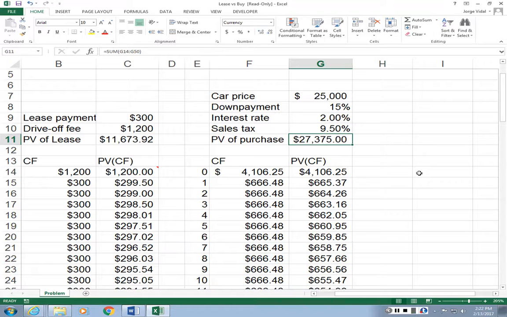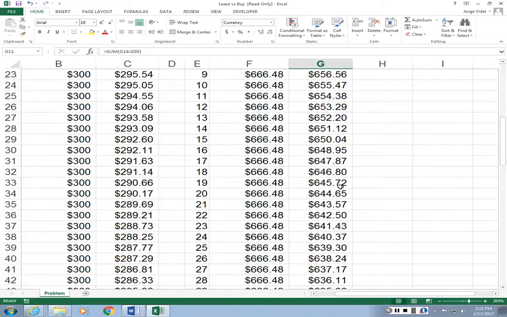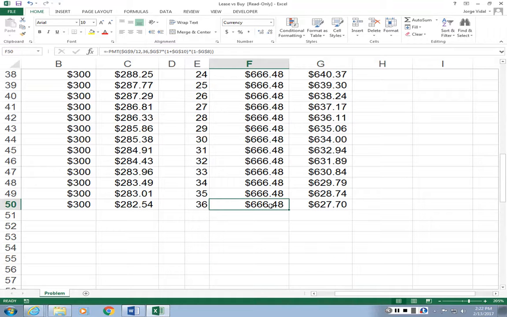Least, right? What do you think I'm missing in the purchase option? There's a cash flow missing, and it goes right here with your last payment. What is the difference between leasing and buying? When you buy the car, it's yours and you keep it. So let's say that since you own the car, let's assume that you sell the car, and for how much